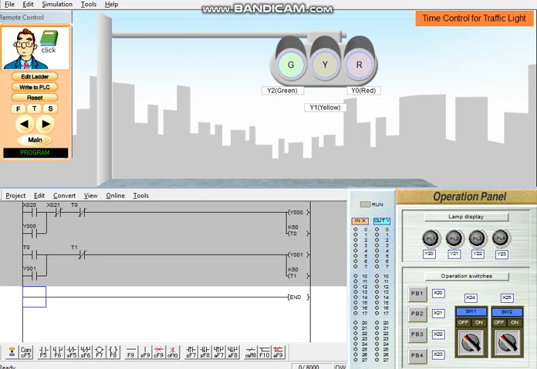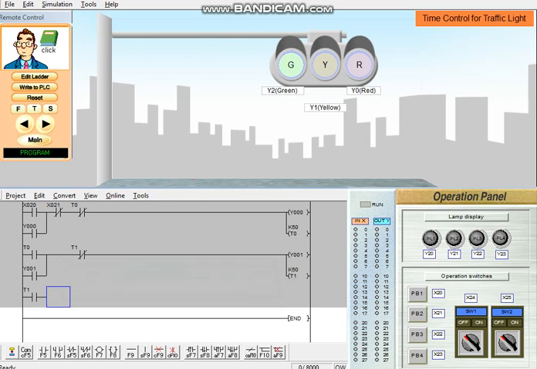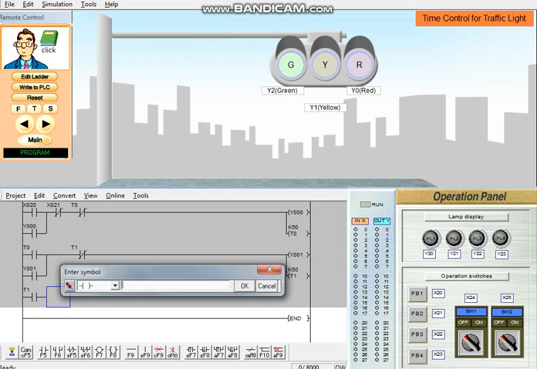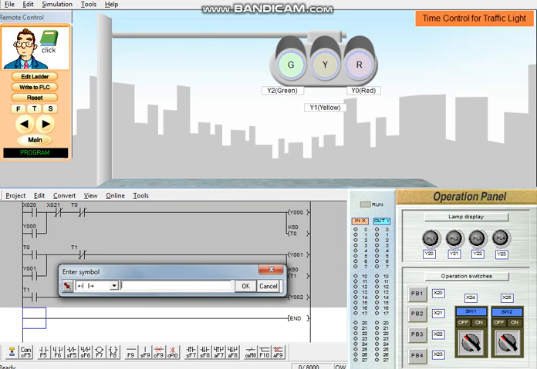So there must be normally open contact here, which is T1, and then your output Y2, okay, which is green. Okay, green. And then we need to put a latch here, Y2,